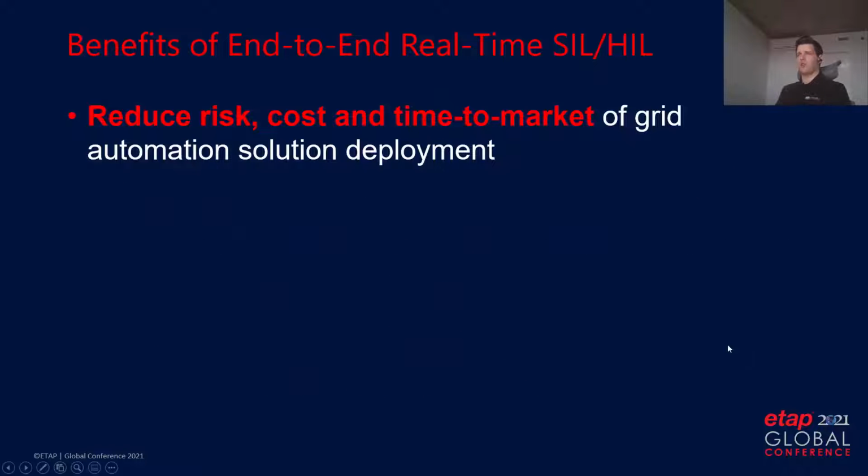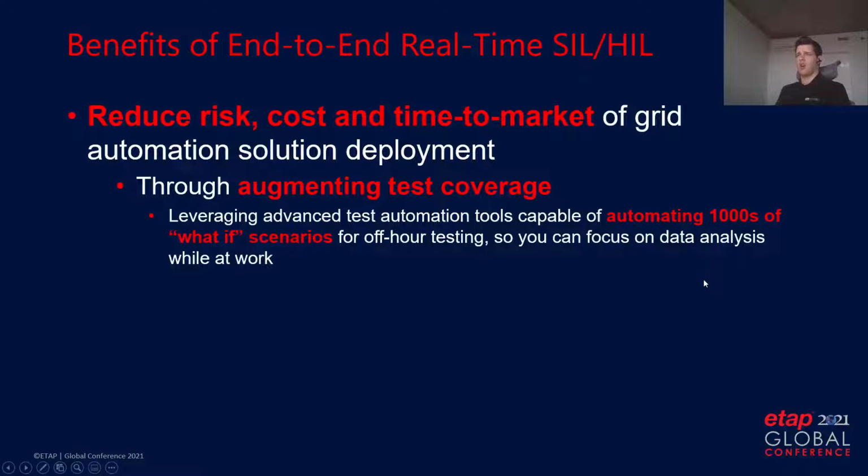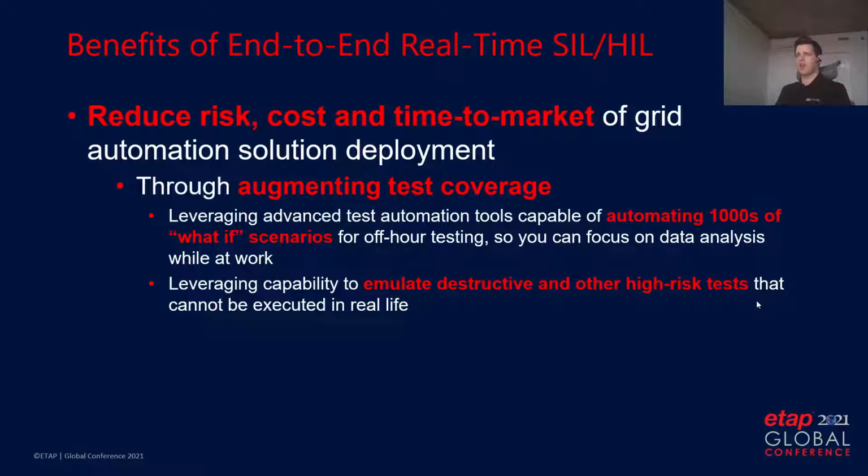You can also reduce risk, cost, and time to market of grid automation solution deployment through augmenting test coverage, leveraging advanced test automation tools capable of automating thousands of what-if scenarios for off-hour testing, so you can focus on data analysis while at work and leave the automated testing work for overnight. You can also leverage the capability to emulate destructive and other high-risk tests that cannot be executed in real life